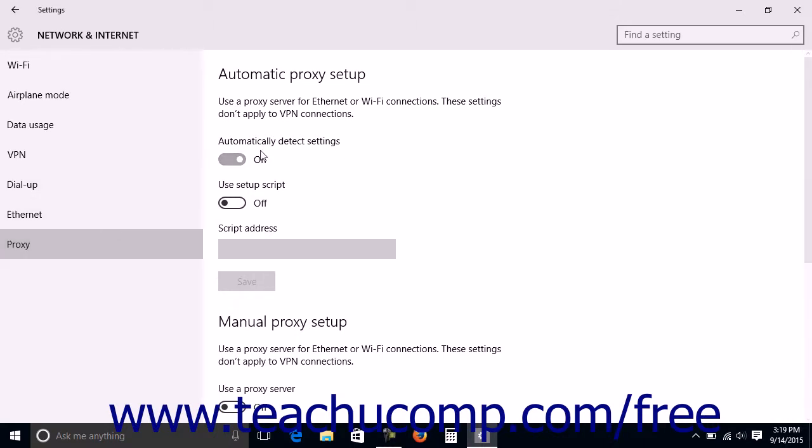Under the Automatic Proxy Setup section, the Automatically Detect Settings setting is enabled by default. To specify an automatic configuration script to use for the proxy server, or to enable manual proxy server setup, you can click the toggle switch for this setting to turn it to the off position. To then specify an automatic configuration script to use, set the Use Setup Script toggle switch to the on position